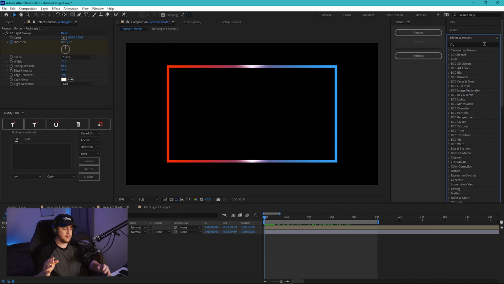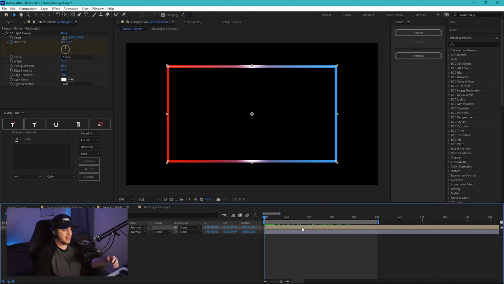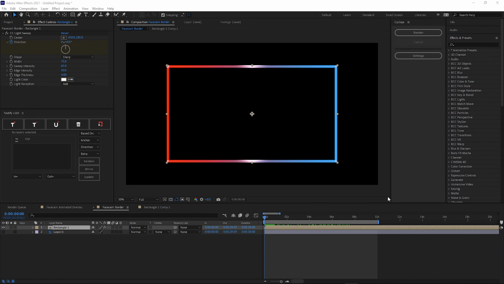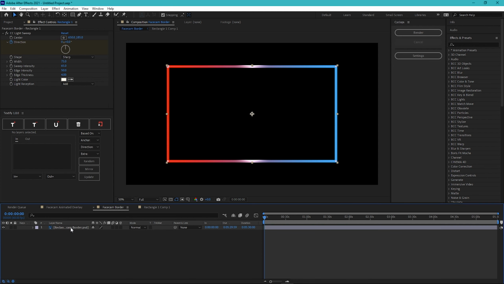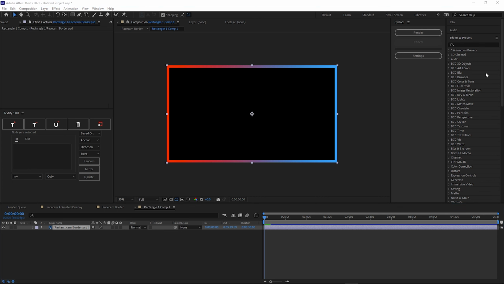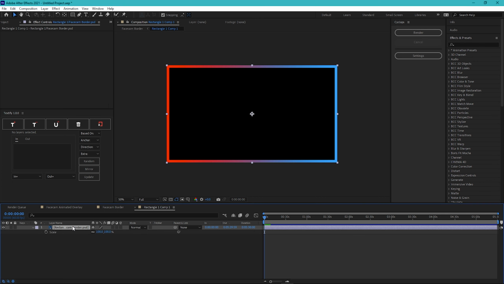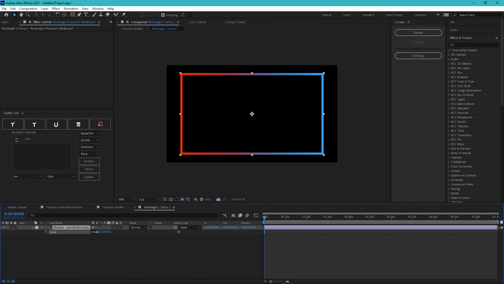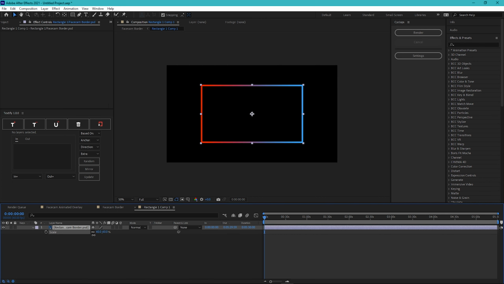So what we are going to want to do for the actual glow effect is dive deep into our pre-comps and size this rectangle down so it has less of a border and boundary. So we're going to double click our rectangle 1 layer, and click the layer here. It should be labeled something completely random and weird. Go ahead and click S on your keyboard, which will bring up scale, and scale this down to about 60.